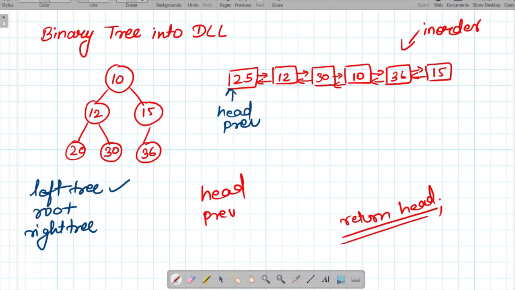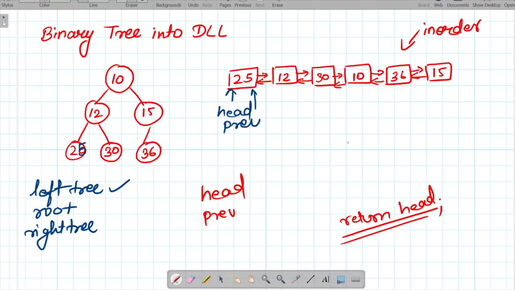So now when 20 is the node and it does not have any left and right, it will come on the root node. Okay, so this is 25, not 20. So this will be considered as the root node. That is why it is considered as the head of the linked list. So initially, when we first time reach this node, we will simply assign head and previous pointers to this node. This will happen only once, and next time whenever we reach any other node, we will simply